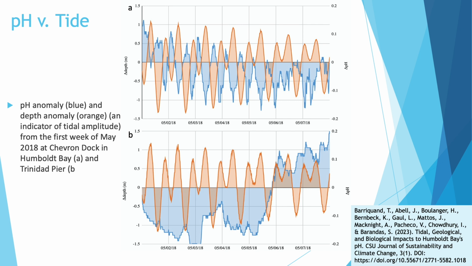And we can see that the pH is in fact, when the tide is low, we're getting a higher pH. And then when the tide goes up, we're getting a lower pH. And so we're seeing a very clear pattern that the pH is actually being controlled by this tidal influx in Humboldt Bay. And as a comparison, we wanted to look at what was going on at Trinidad. At Trinidad, we still see, of course, a strong tidal signal, as we would expect, but we don't see that same pattern in the pH. So the pH was not being controlled by the tides in Trinidad as it is in Humboldt Bay,